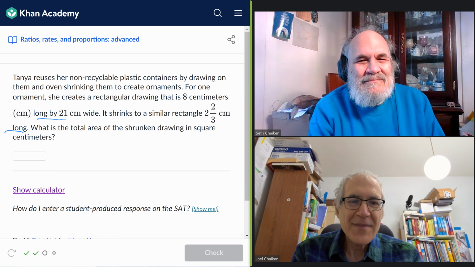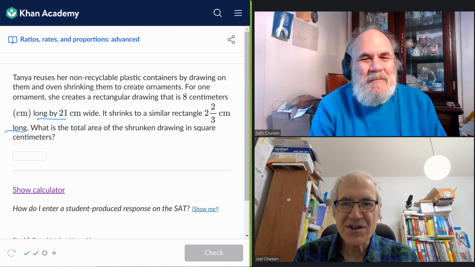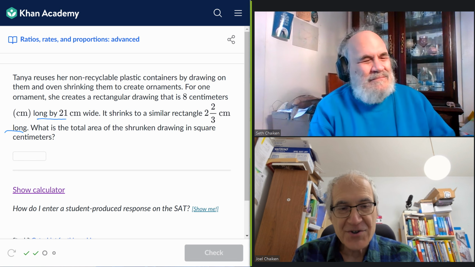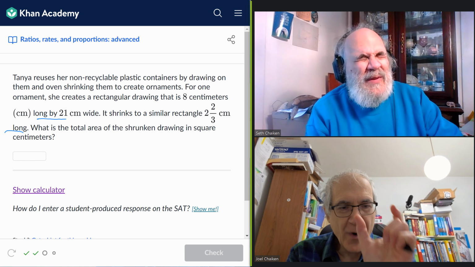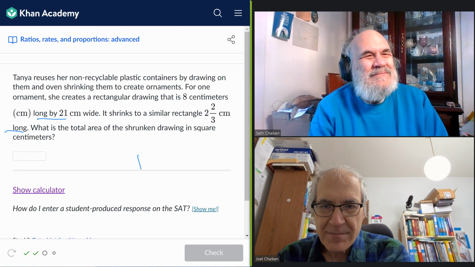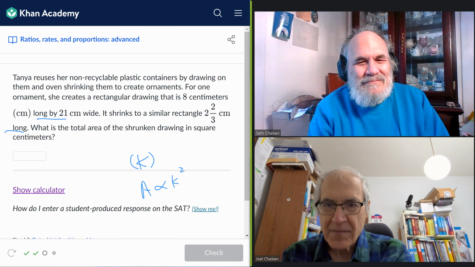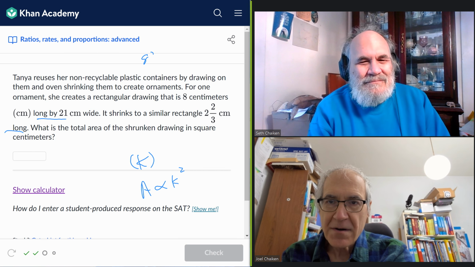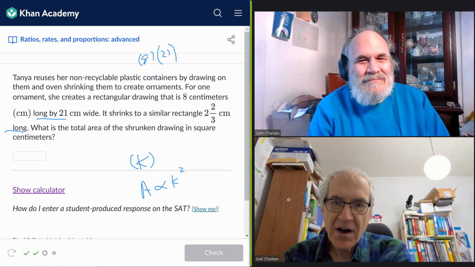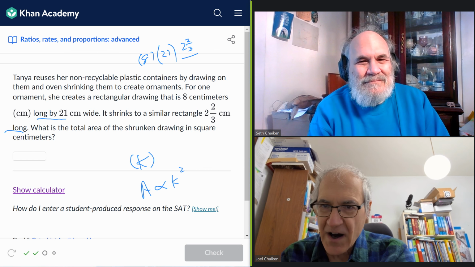This is a problem that can definitely be done two ways. The cooler way is to know that if you have similar figures and you change one side by a scale factor of k, then the area goes as k squared. They did tell us the initial area: the initial area is 8 times 21. So it's 8 times 21 times 2 2/3 divided by